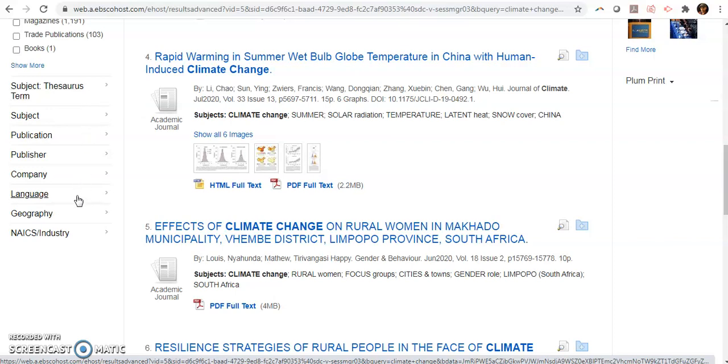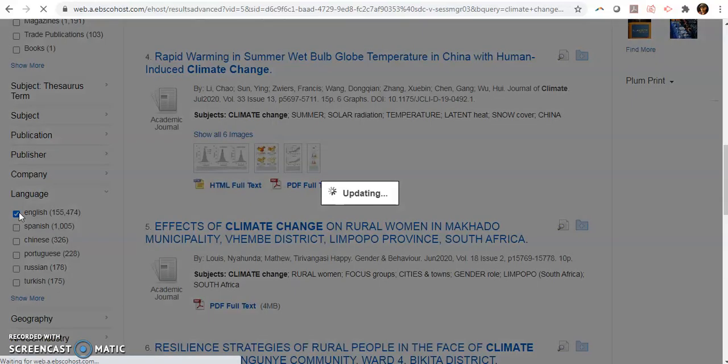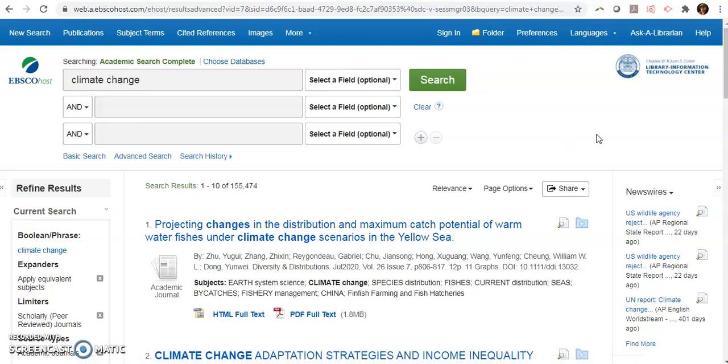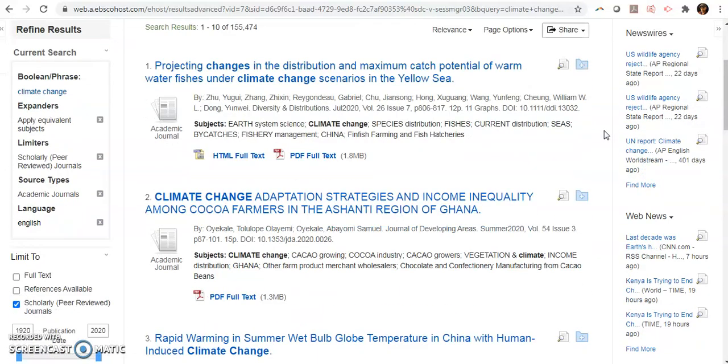The only other thing that I would recommend doing is just changing the language. So just make sure that you're only getting articles in a language you can read and fully comprehend and understand. I'm going to go ahead and limit it to English because that's the only language that I understand and can fully comprehend. And so now you're down to